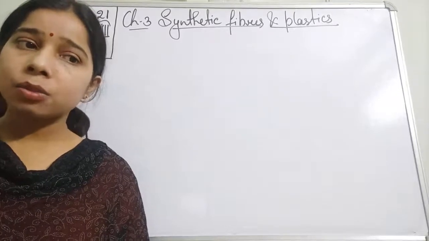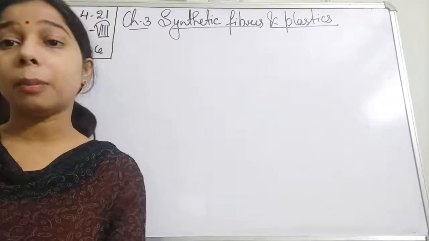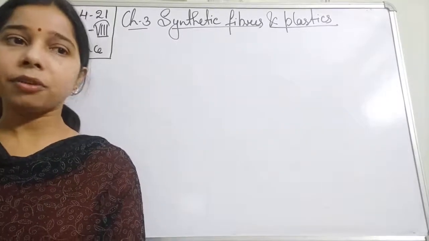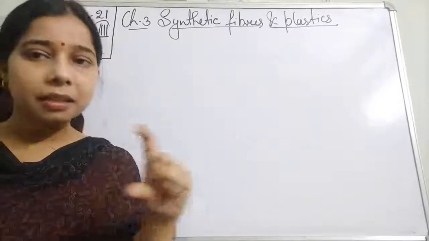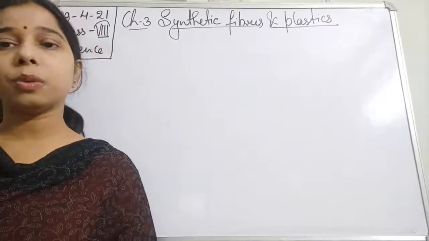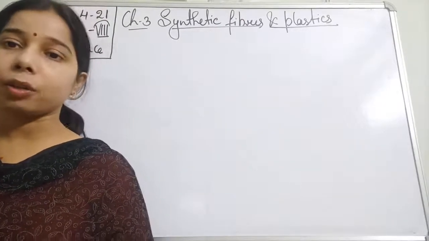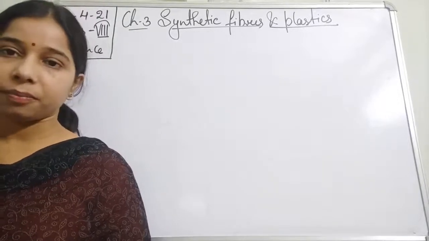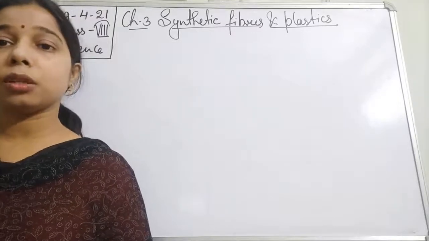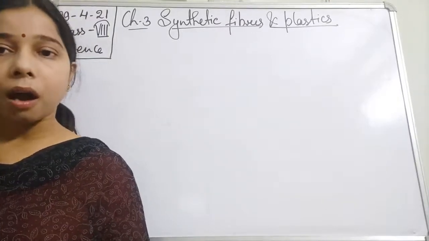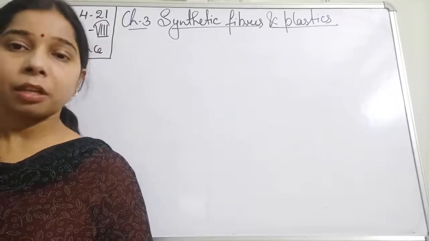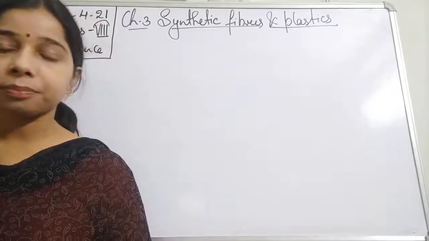So plastic, students, basically depends upon the kind of arrangement, which will decide its properties. If the polymer which is formed is a linear chain, what will happen? The chains are able to slide over each other, due to which they are flexible and quite soft and can be molded again. But if the plastics are cross-linked with each other, they are quite hard and firmly attached, due to which it provides strength, tensile strength and elasticity.